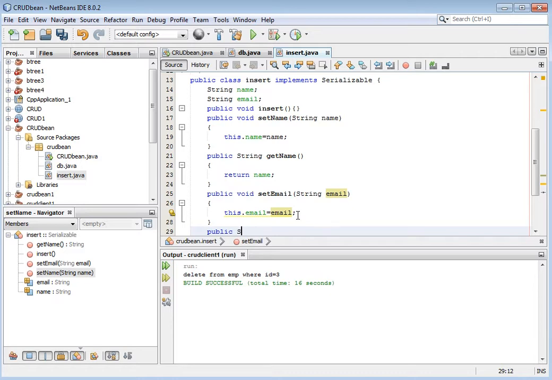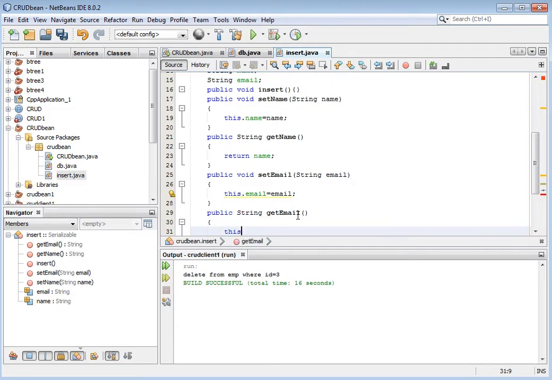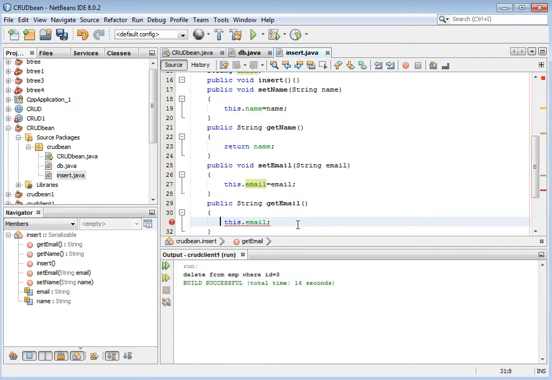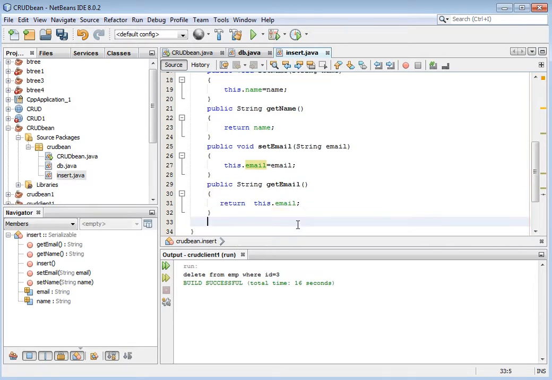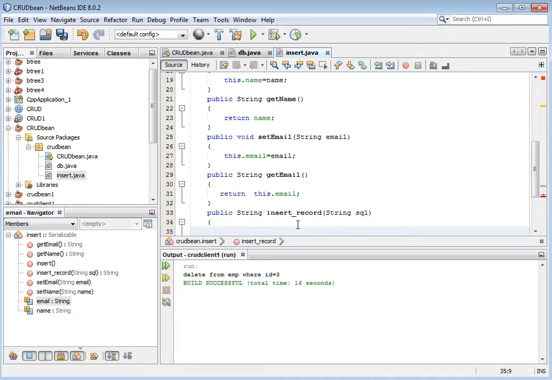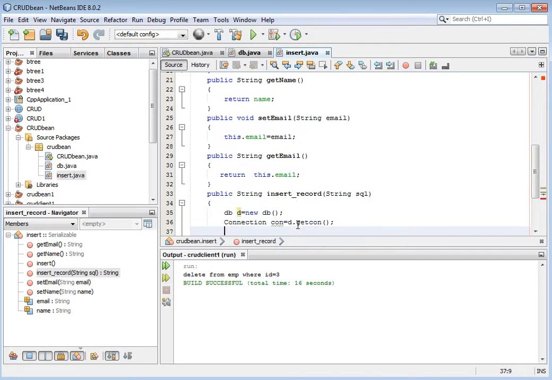And we have public String getEmail, and in getEmail we return this.email. So these are the functions.